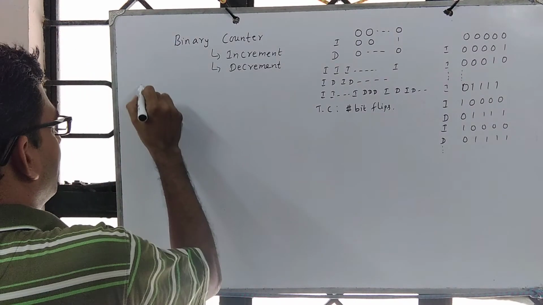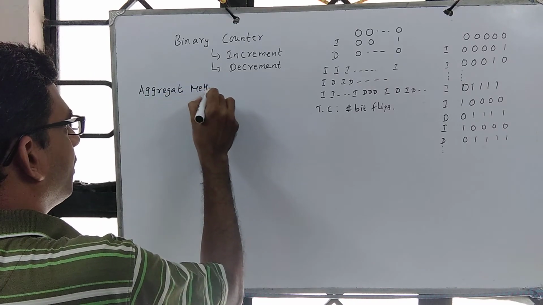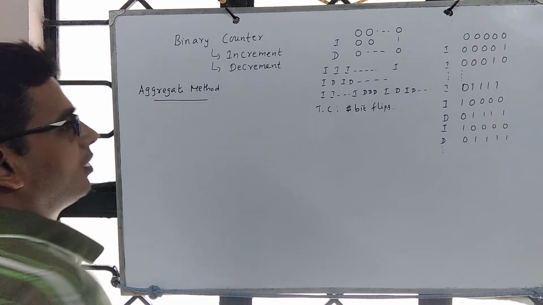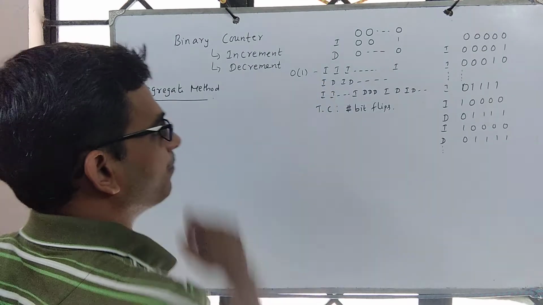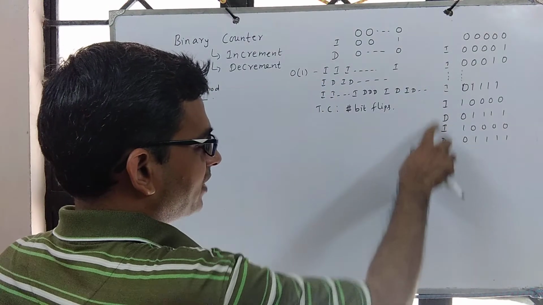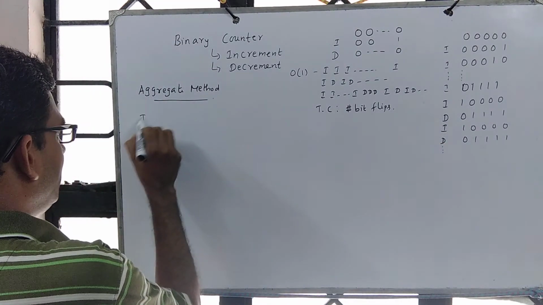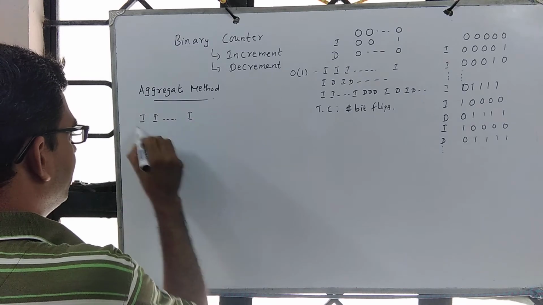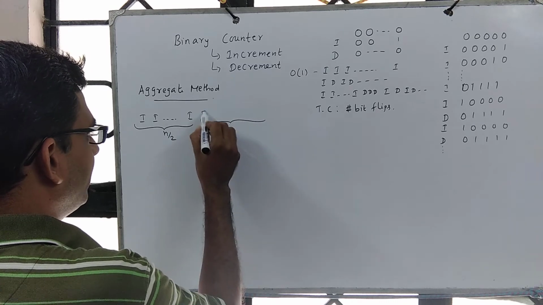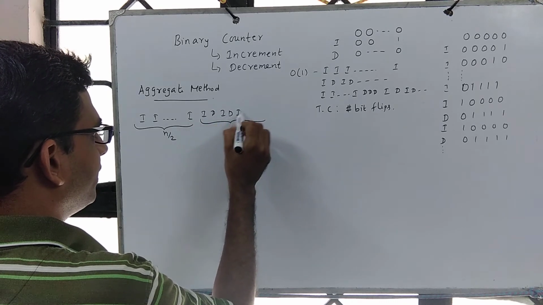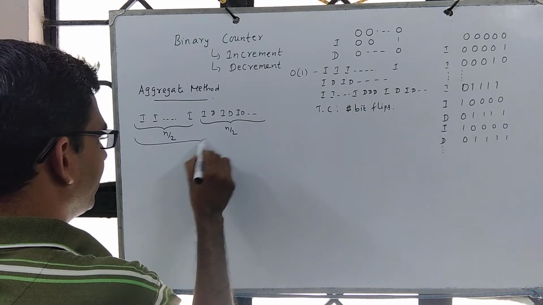Let's look at the aggregate method. So if it is just this, then we know it is constant amortized. But when it is a mix, something like this happens, then we have to be careful. For example, say we do a sequence of increments for the first n by 2 operations. For the other n by 2 we perform increment, decrement, increment, decrement, like the one listed here. And overall there are n operations.